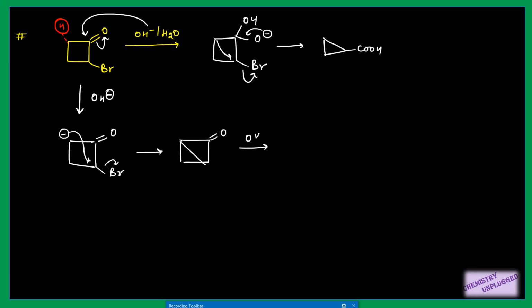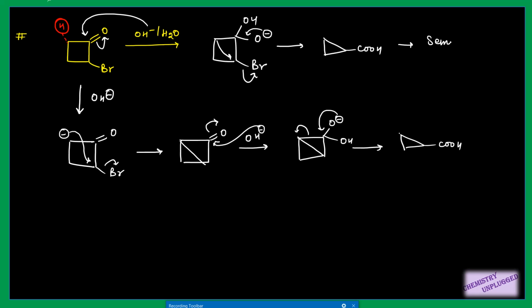Then in the second step, this OH minus will attack on this carbon, this bond will shift, and we will get this type of product. Then this bond will shift here and this will shift here, it will get a proton and this will be your final product. The final product is the same in both reaction steps, but you can also have a different type of product in other molecules. In this particular case you are getting the same final product, but you may get different products with different molecules. This reaction is called the semi benzilic acid rearrangement, and this one is called the Favorsky rearrangement.